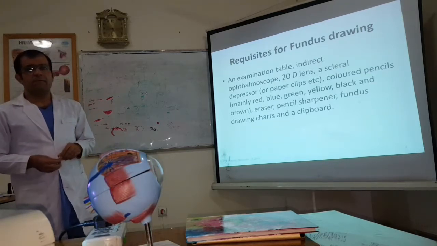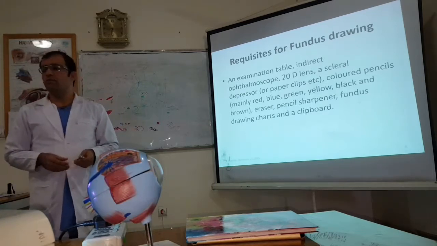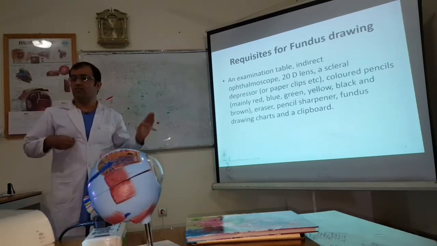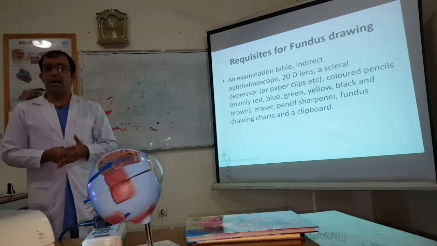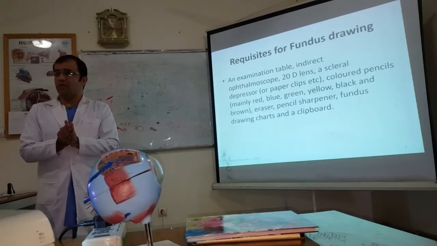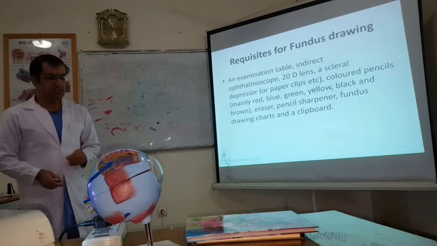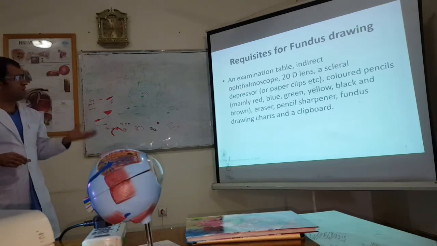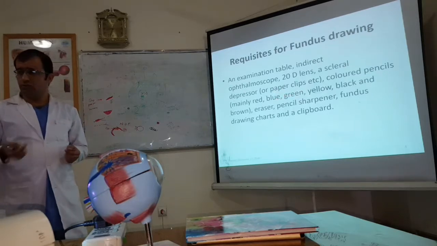And sometimes there are some lesions of the retina that we may mistake for an RD. For example, the retina sometimes looks white. By the indentation, you can understand whether it is a real RD or the retina is attached to the RPE, or retinal pigment epithelium. By the indentation, we can differentiate this. So we have to have a scleral depressor. If we don't have a scleral depressor, we can also use paper clips instead of that